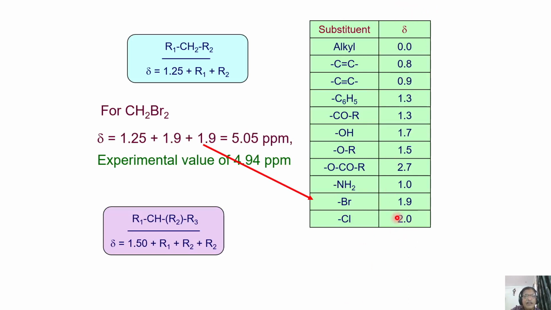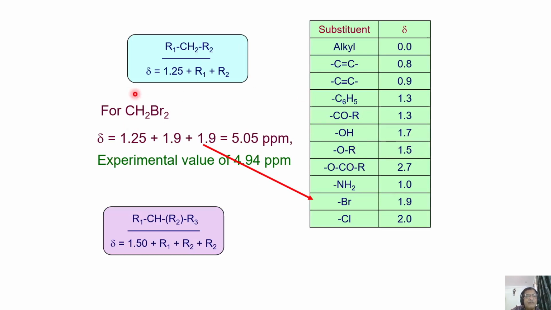It's a lot of work. We should really appreciate the quality of the work they did and how much they have contributed to our understanding. So much work has been done and they have made a list. If there is a bromine substitution, go into this table. If there is a bromine attached to CH2, you have to add 1.9. If instead of bromine, let us say OH is attached, then you have to add 1.5.